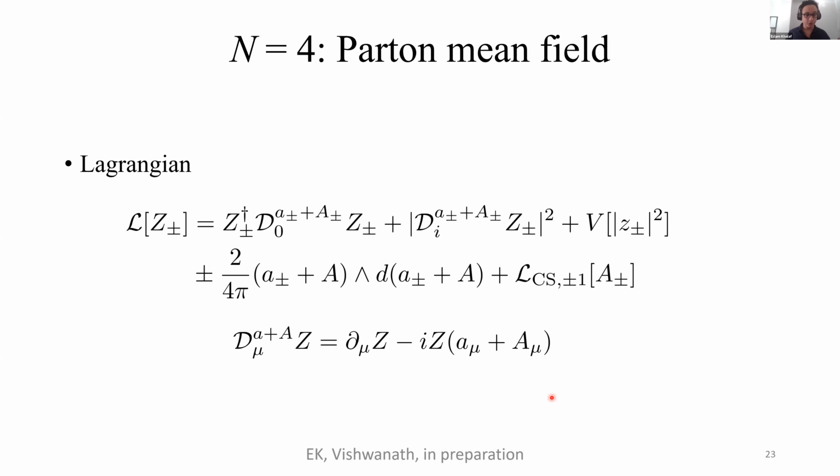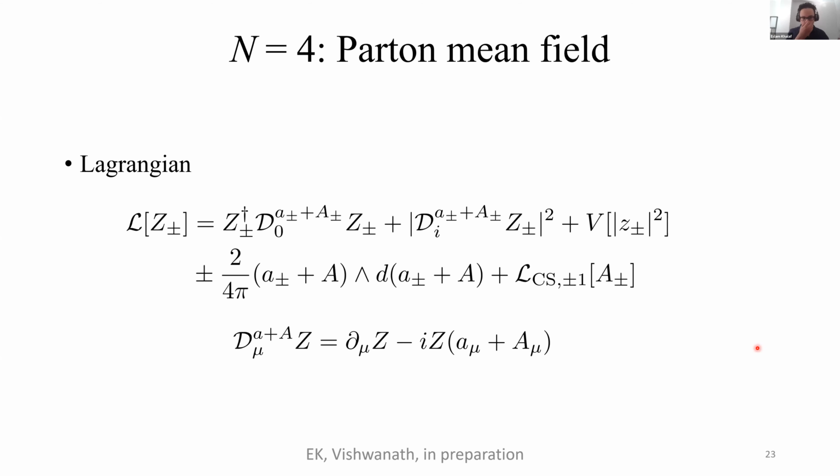And the Lagrangian has the following form. If we integrate out the fermions, what we would get is the same abelian Chern-Simons term I had before, but with an extra prefactor of 2, because we have 2 fermions in each Chern sector. But we also get, in addition, a non-abelian Chern-Simons term that has opposite levels in the 2 opposite Chern sectors. And note here that this gauge field couples to Z by right multiplication, just because Z is 4 by 2 and the gauge field is a 2 by 2 matrix.